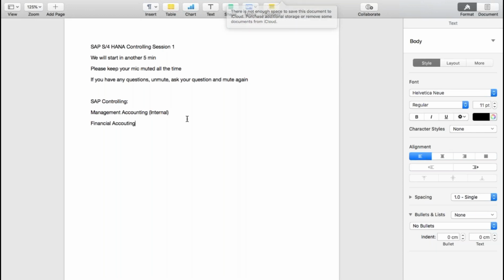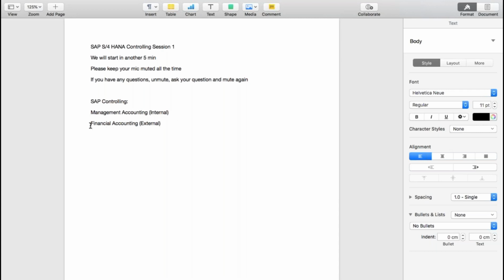So when we talk about SAP FI and SAP CO, SAP FI is financial accounting, which is for the external purpose. External reporting you carry out in financial accounting, and internal reporting, which is internal to my organization, has nothing to do with the tax authorities or the Companies Act, as long as I don't need to submit any report to them. Definitely for costing accounting purposes there are some rules and frameworks, but those are only relevant within your company. It has nothing to do outside your company. So management accounting is all about internal reporting and financial accounting is all about external reporting.